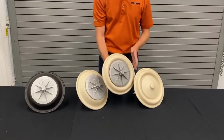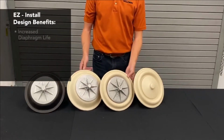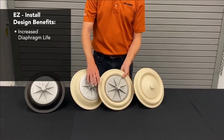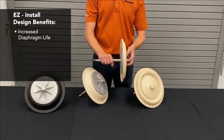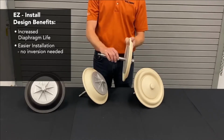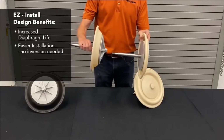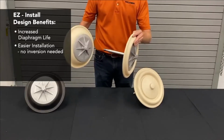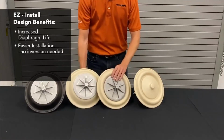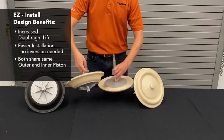And what we found, there was a couple benefits to that. Number one was increased diaphragm life because of the shape of it. Number two was the installation of this did not require any inversion when you were putting it into the center section of the pump because of the shape that it has. Versus, again, this diaphragm, which requires inversion in order to fit within the pump. They both share the same outer pistons in this case,